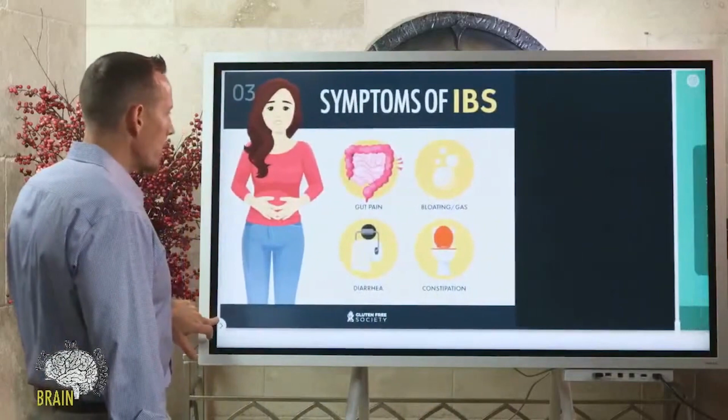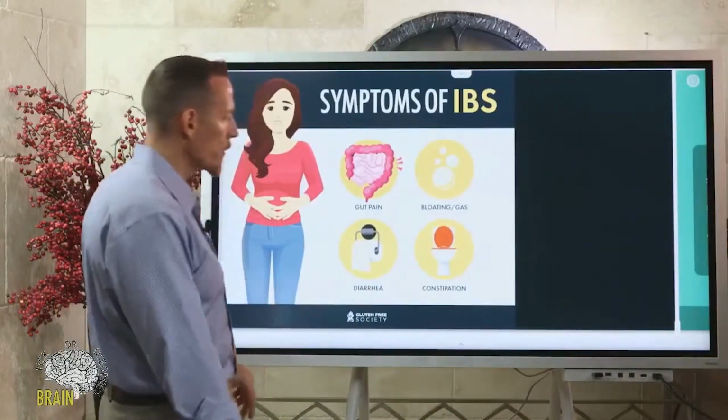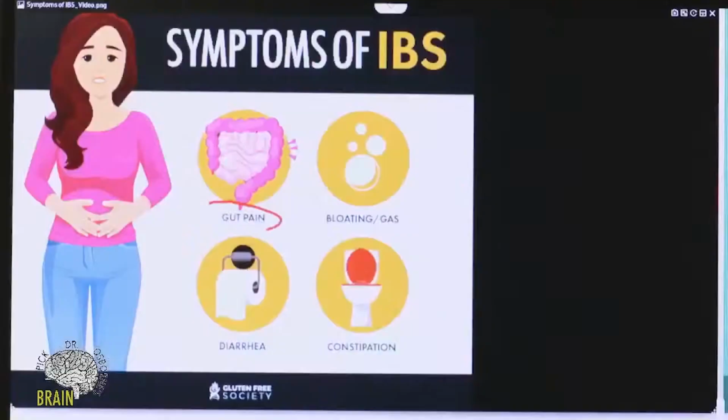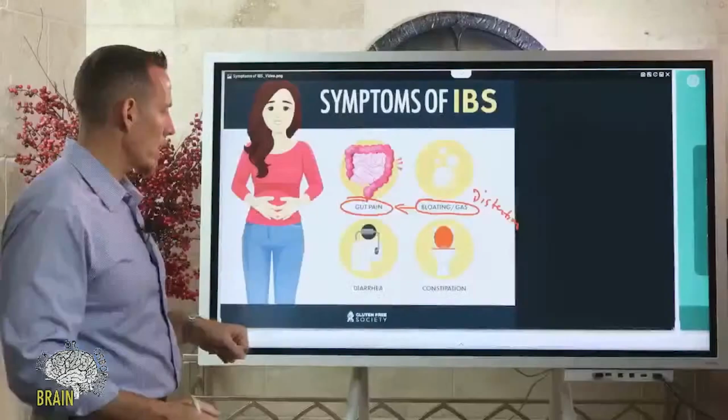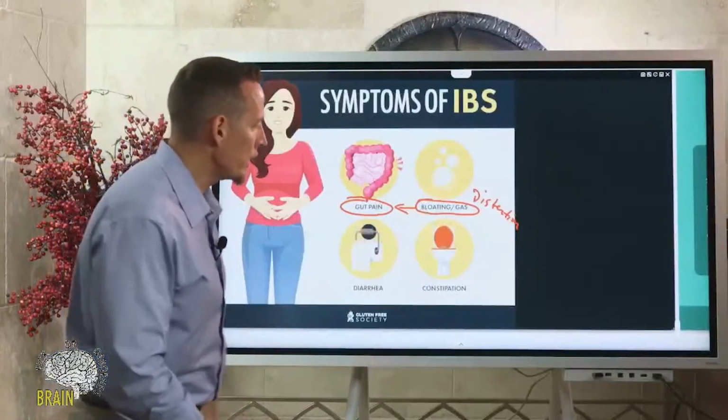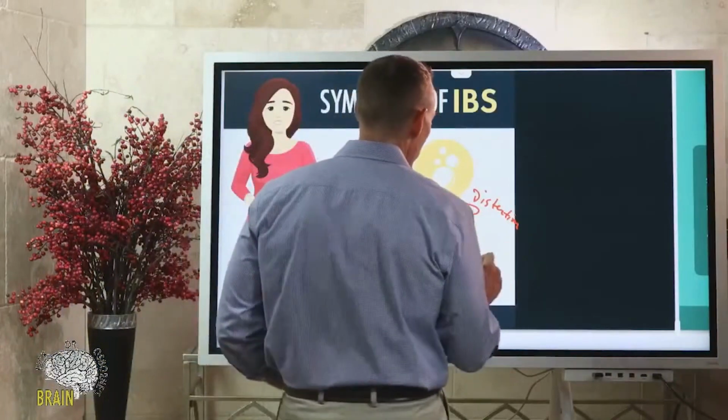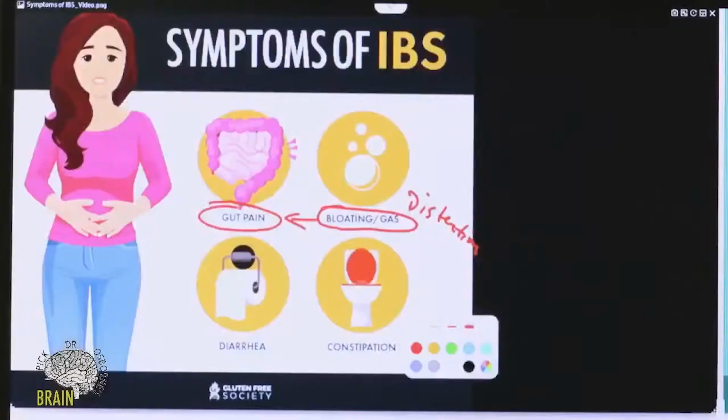Now, some of the symptoms associated with IBS, for the most part, gut pain. So you may experience direct pain, and the pain actually comes as a result of this, right? Because this creates distension, and that distension is what causes the pain. It activates the pain as that distension occurs. Now, again, constipation, this is a major problem here. Constipation is a really big problem for a lot of folks, and one of the reasons why is it leaves your poop in you.